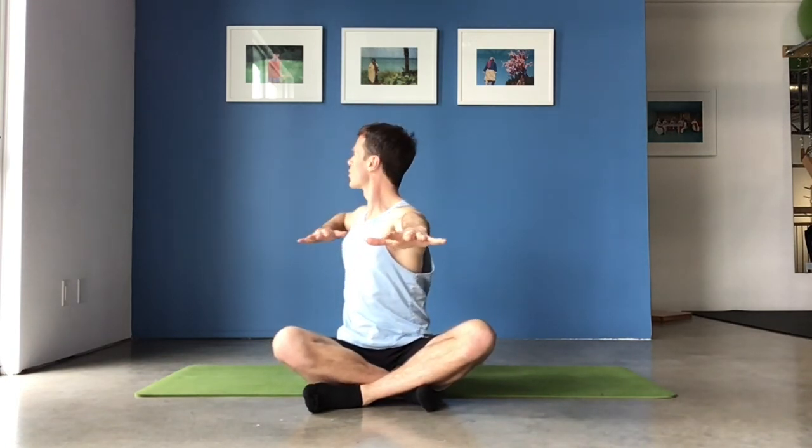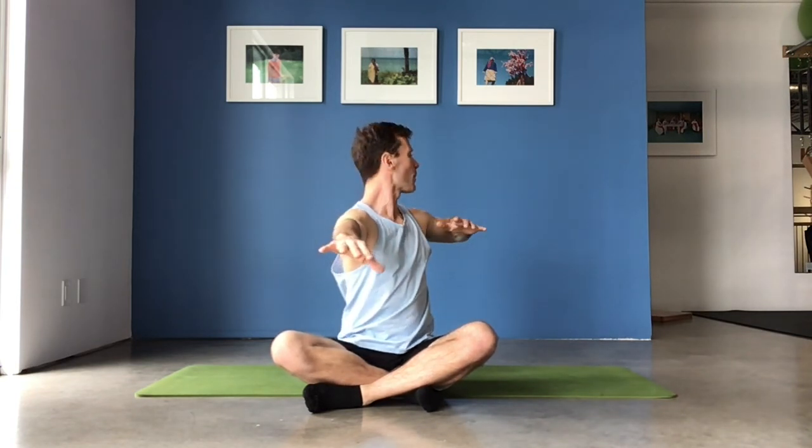We'll just do one more each side, rotating and trying to move that thoracic spine as we did before, and the last one, and come back. From here, take your arms out to the side, slide them along the fingertips, come up to make a V shape, and then let them come back down. Just two more there. Get wide across your upper back and across the front of the chest. Last one,